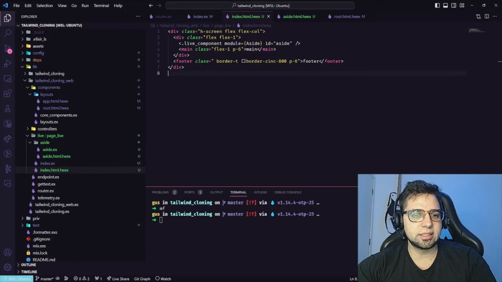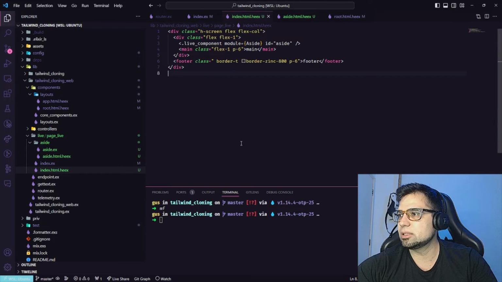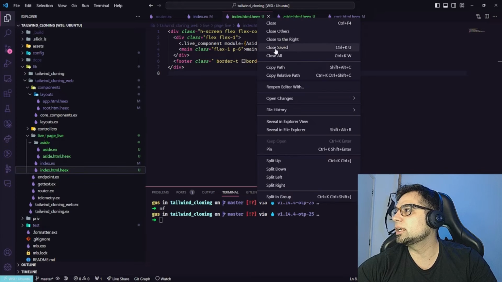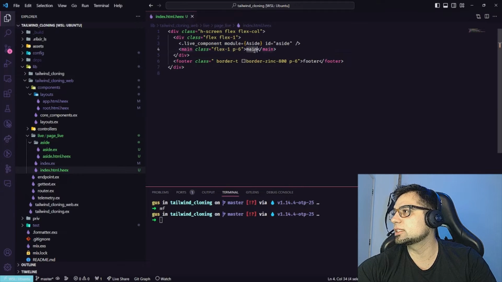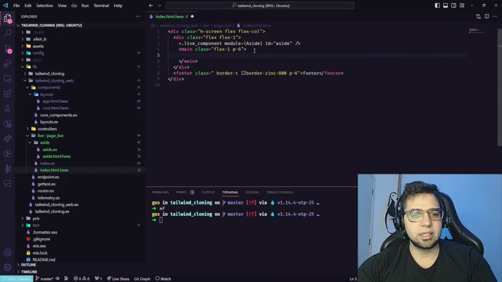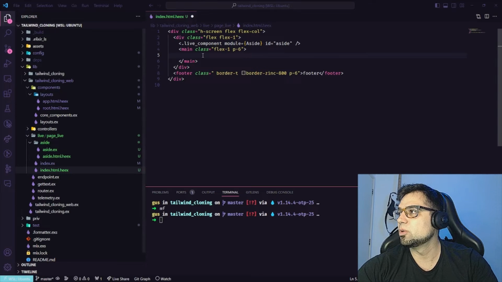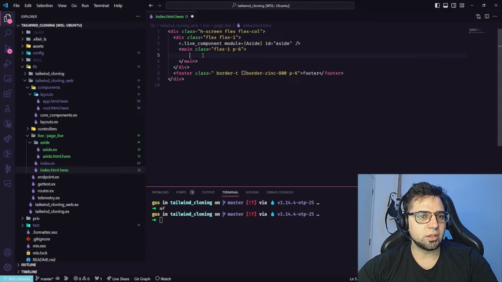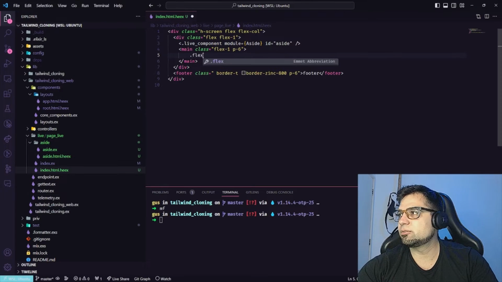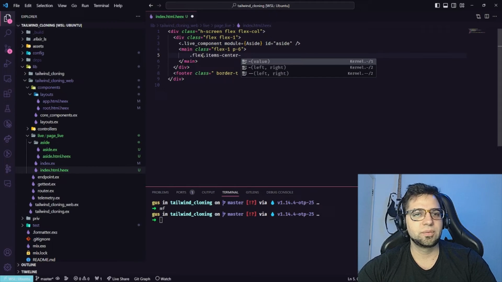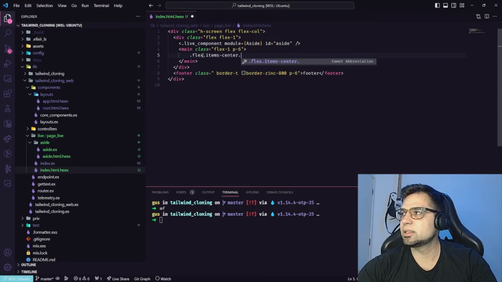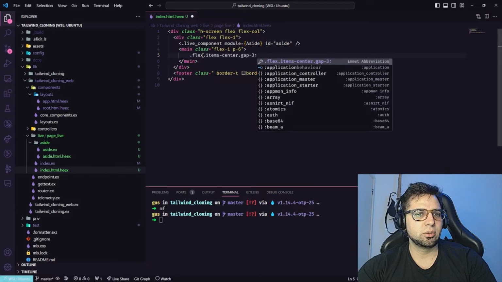So let's go ahead and move to our main. We're gonna work a little bit more, but now we ensure that our HTML is smaller. And what we're gonna do here, let's add a little bit more things. We can say flex, p-6. We are gonna add flex, items-center, and then gap-3 with